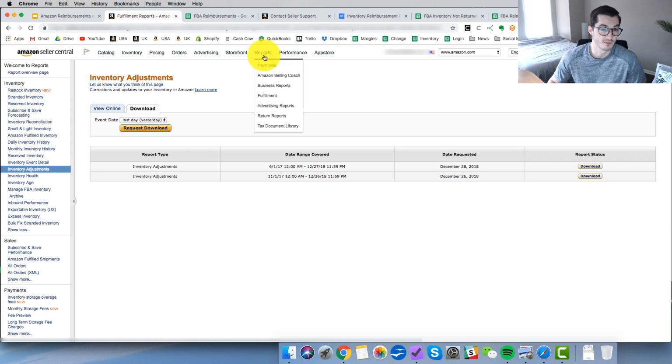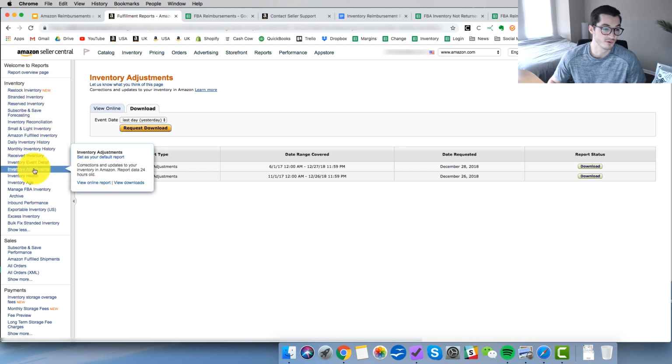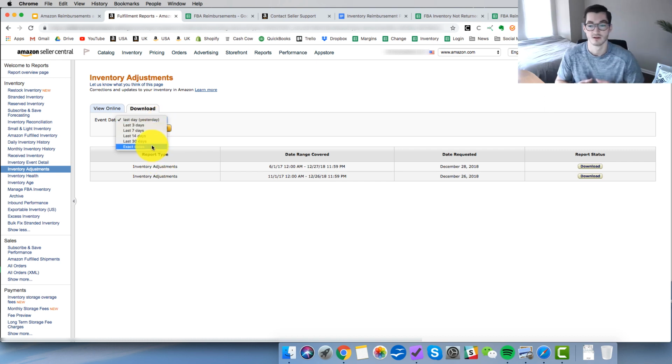First, you're going to come up and go to reports in your Amazon Seller Central account. You're going to come down to fulfillment, and then over to inventory, and you're going to go to inventory adjustments. So under inventory adjustments, you're going to click on the download tab, and then you're going to change the event date, and you can put in,